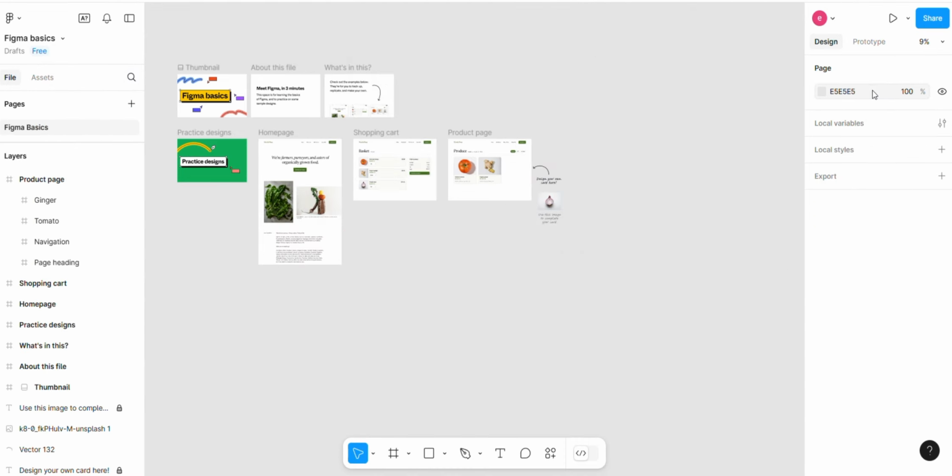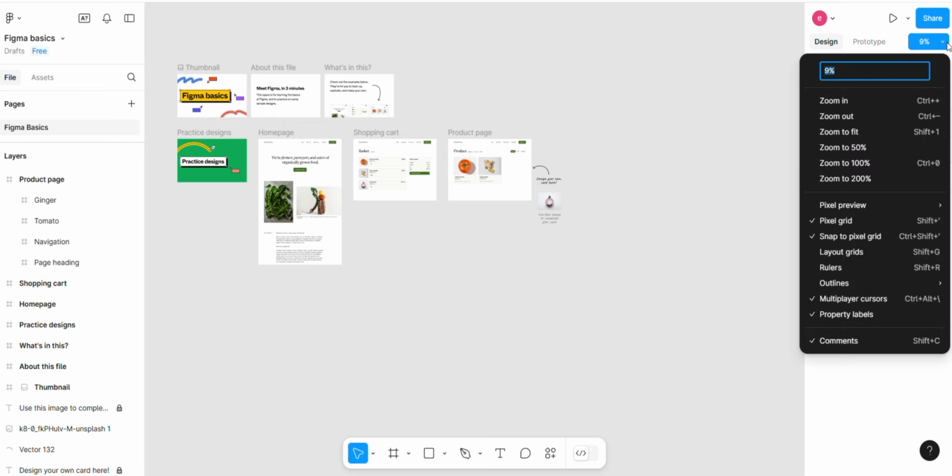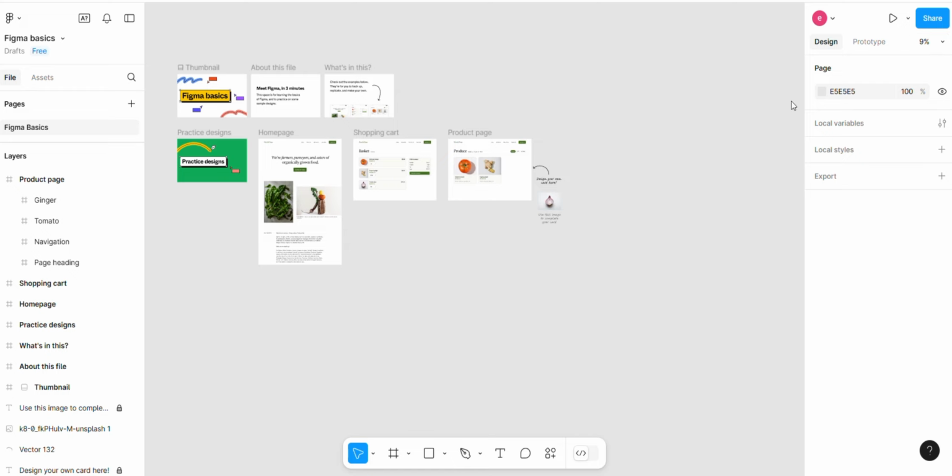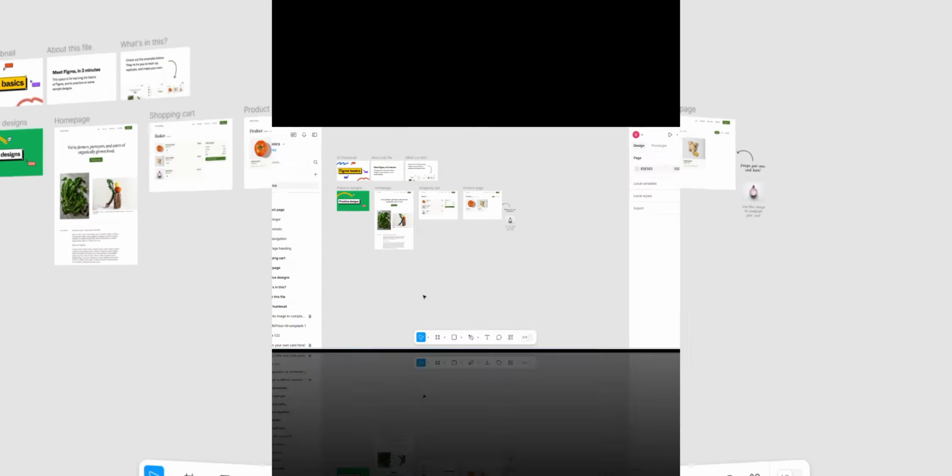Click on your profile icon in the top right corner to access your account. Once you are familiar with the dashboard, you are ready to start creating. Let's move on to creating your first project in Figma.